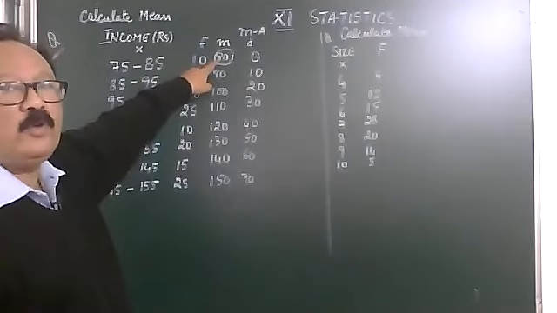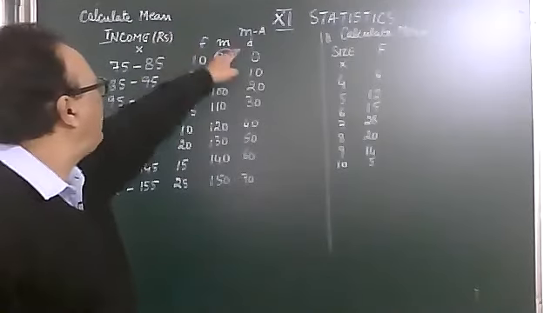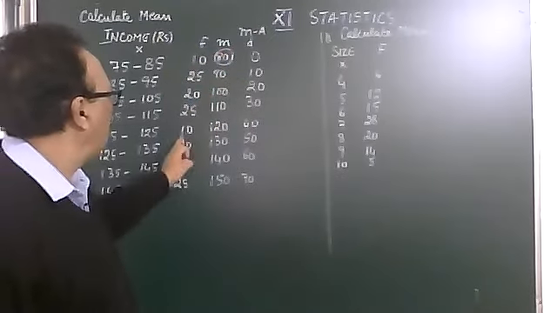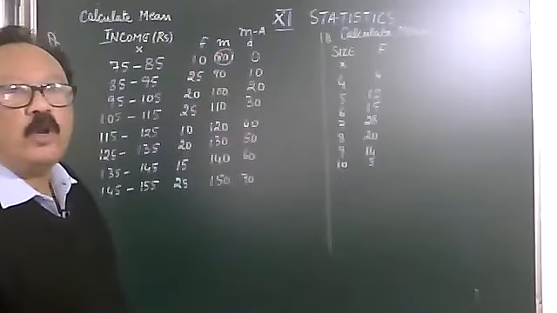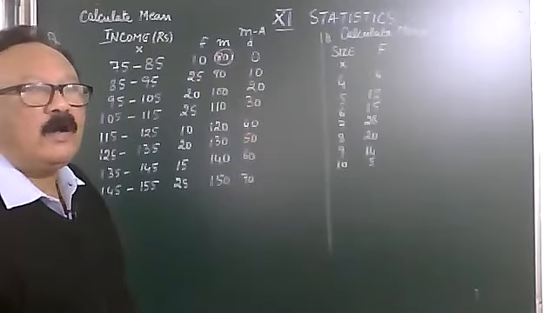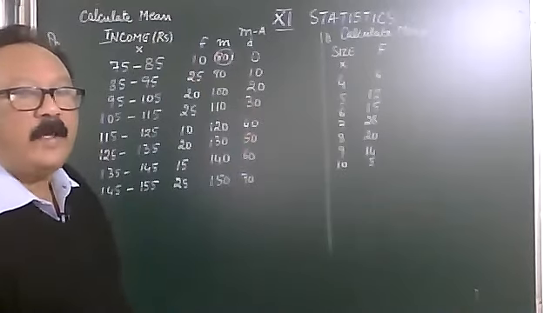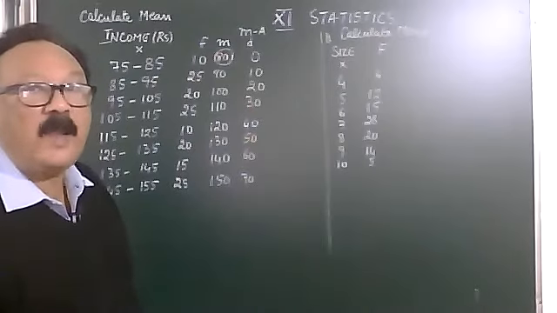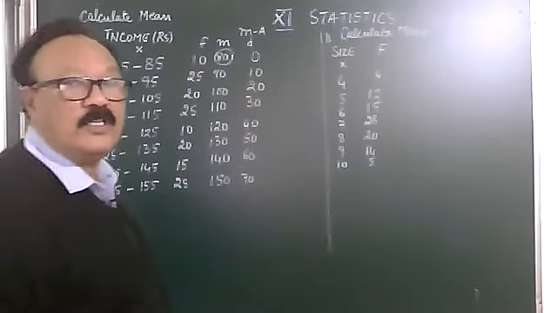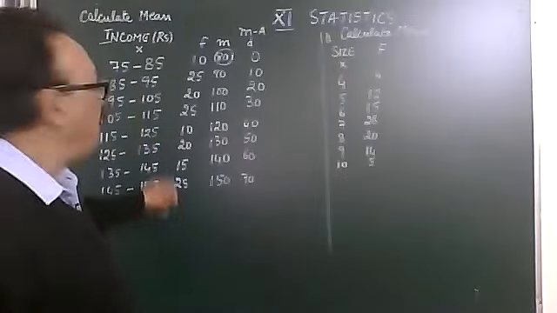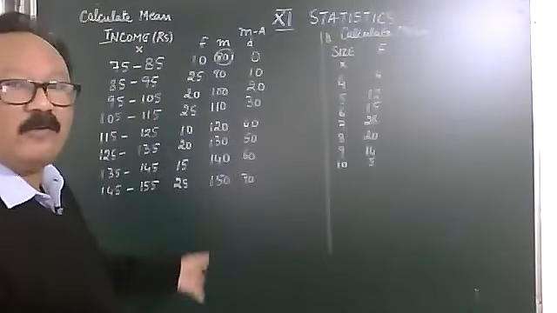Now we would have to use the assumed mean formula, which would be sigma fd. Again, the calculations would be very big, multiplying f with d. So what do we do? We can still bring it down by choosing a common factor from all of them and dividing these values by a common factor. That uses a step deviation. So the step deviation is useful in this question, because it will simplify our calculations.